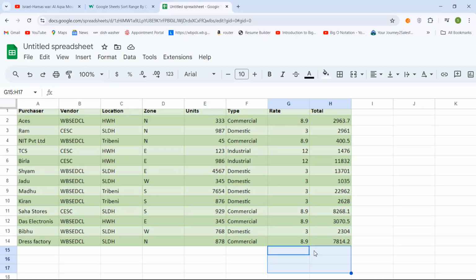Google Sheet is an online spreadsheet application where you can do things that you used to do with Excel, and sharing this particular sheet across your team members is much easier. So if you make a table, if you insert some data or some table in a particular Excel spreadsheet by visiting